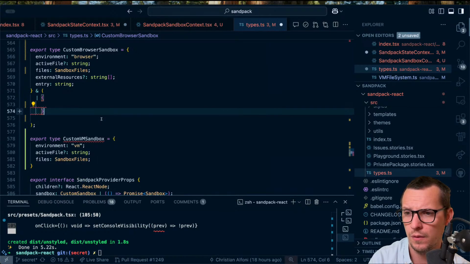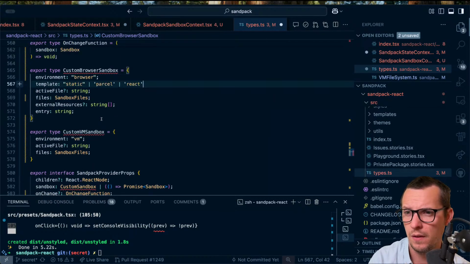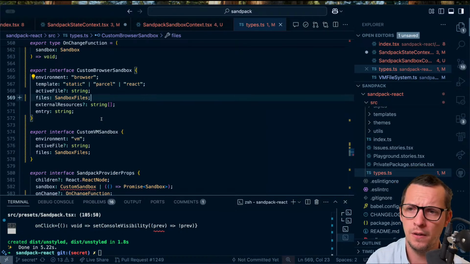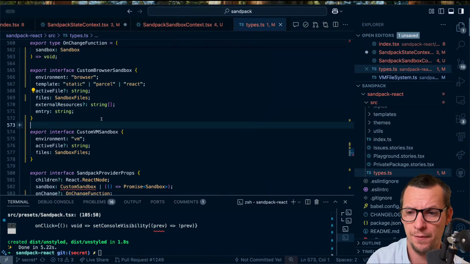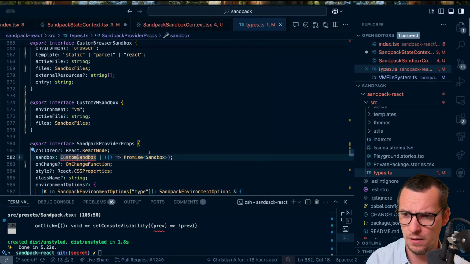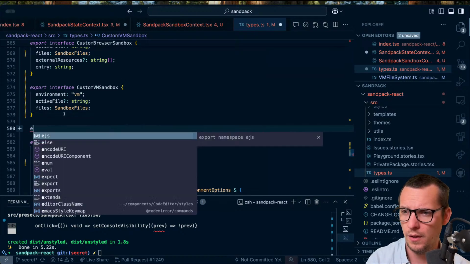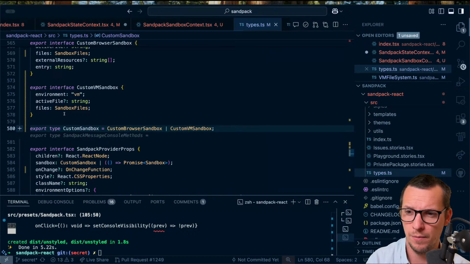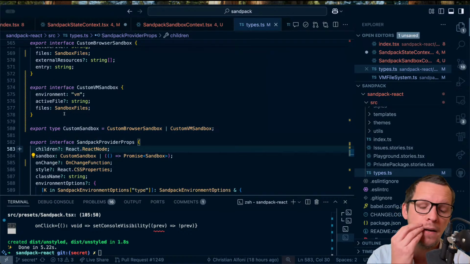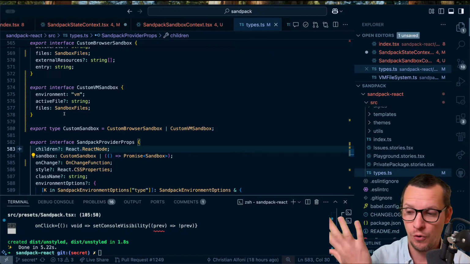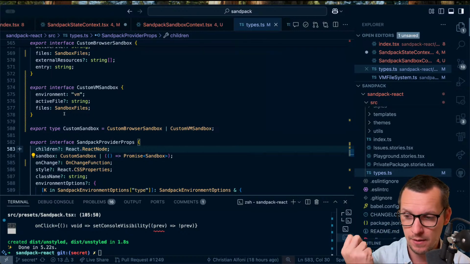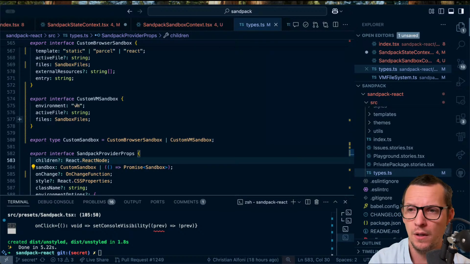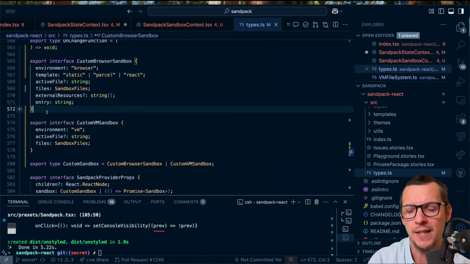So we can even do this. And we're saying that if you want to actually add dependencies, you have to do it in the package JSON file. So there has to be a package JSON file now. And then we export type custom sandbox equals custom browser sandbox, custom VM sandbox. You have to manipulate the package JSON file. So there is no dependencies, dev dependencies. You have to actually write your package JSON file when you do a custom sandbox. And then if you extend an existing template,